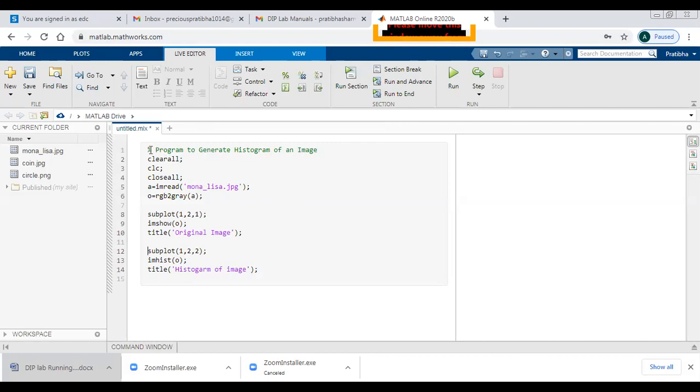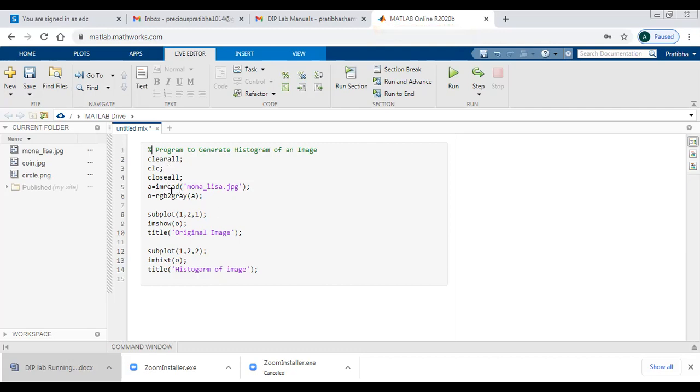The percent sign is used to comment the line. As in C, we use the hash sign to comment a single line, in MATLAB we use the percent sign to comment a single line. The clear all command is used to clear all the variables from the current workspace. The clc command is like clrscr in C, that clears all the text from the window, resulting in a clear screen. The close all command closes all figures whose handles are visible. So the figures that are visible, the close all command closes them all.